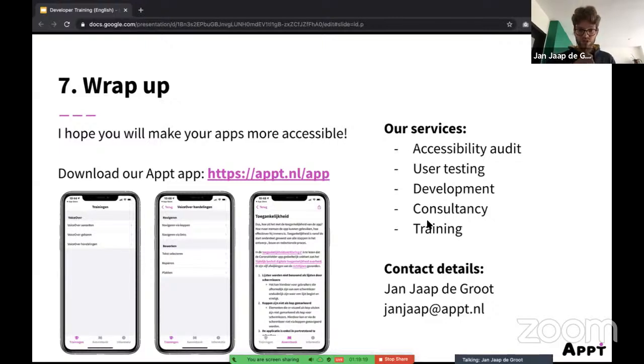Touch target size is also one, like buttons need to be large enough and those kind of things. But a lot of times, especially on apps, there's not really any freely available automation tools. So on websites, you maybe can use AXE. It's also available for Android, but not really the same features. You can use a free version.